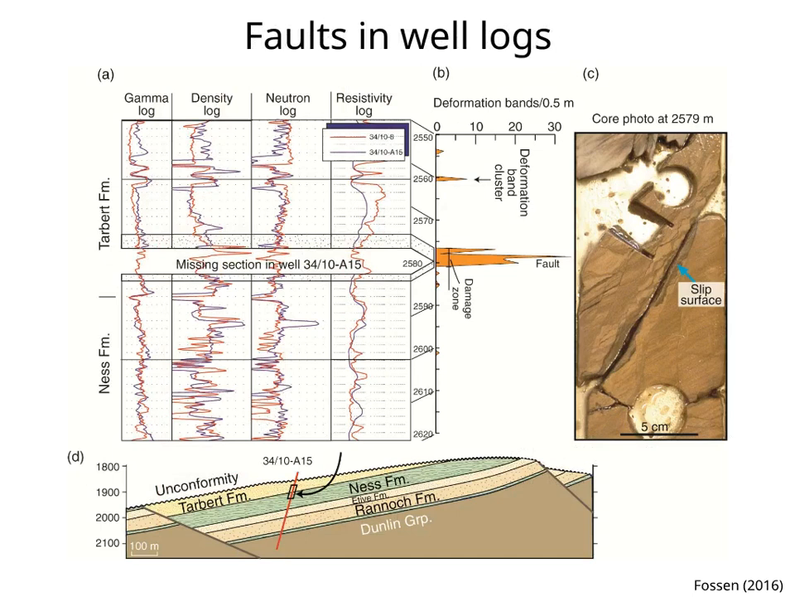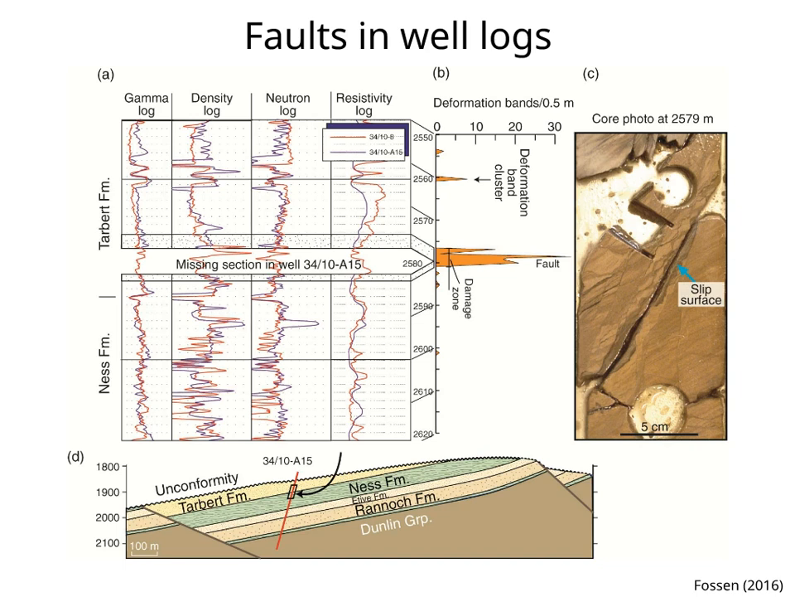The figure shows missing section and a normal fault detected by log correlation of a well crossing a fault and a nearby well. The well crossing the fault is represented by the blue curves, and the nearby well with the complete section by the red curves. The stratigraphic separation is about 6 meters. Inspection of the core from the well crossing the fault reveals a damage zone with a higher density of deformation